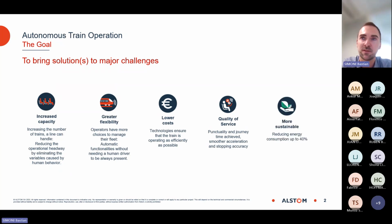And this is something very important today: energy efficiency and lowering energy consumption. When you use automated driving, you have an algorithm that pilots the train that